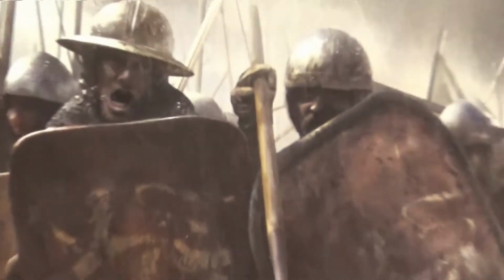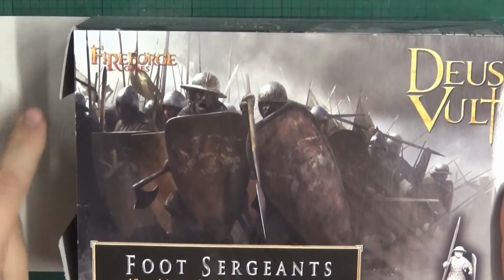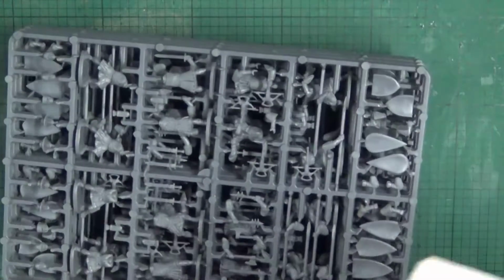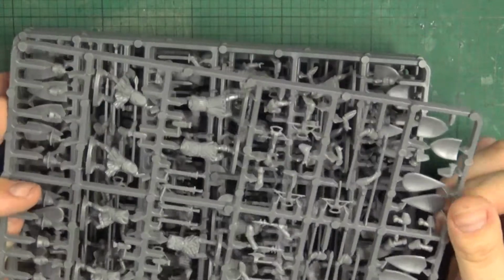Okay guys, let's bring in the Foot Sergeants. If we zoom out, some lovely artwork there. I'm really liking the look of that. It gives the grimness of the Crusades, and a really nice box in here. You get 48 guys in here. Only 24 crossbows though, which is unfortunate for me. But if you're wanting to make a mix of guys,